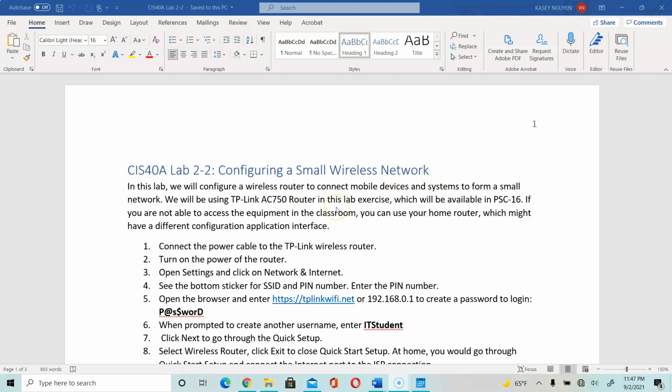TP-Link AC router 750. So as I am connecting to the router, I would use the wireless adapter, or if you have an Ethernet adapter installed on your computer, you can use an Ethernet cable and you would connect to it, not to the WAN port, but to the LAN port. It will be any of the ports that's not labeled WAN, because WAN is for the connection to